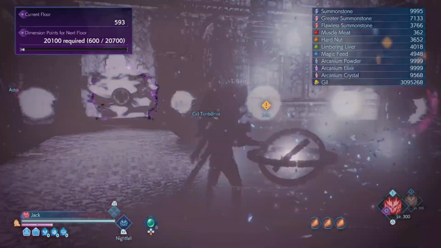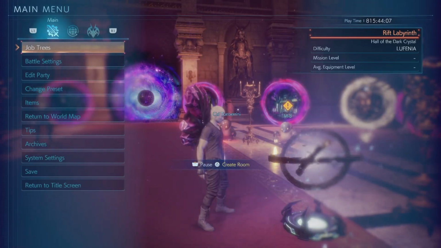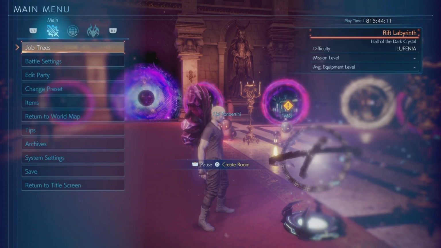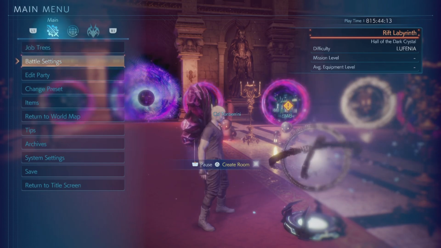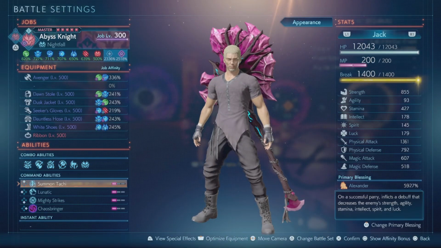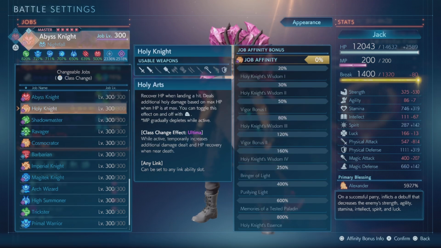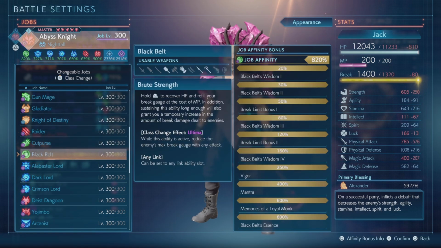The reason why it's intelligence is because the Soul Eaters' dark damage also scales on the intelligence stat, but I am only focusing on the strength. So we'll, of course, go for the 400% of your basic job weapon. Next will be